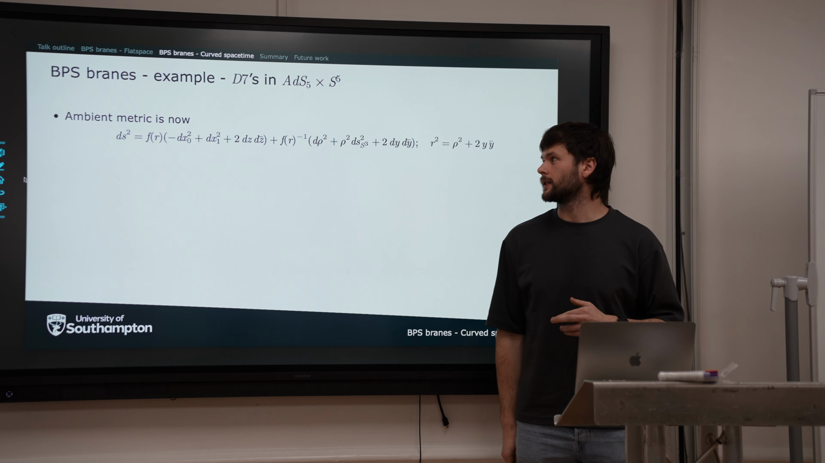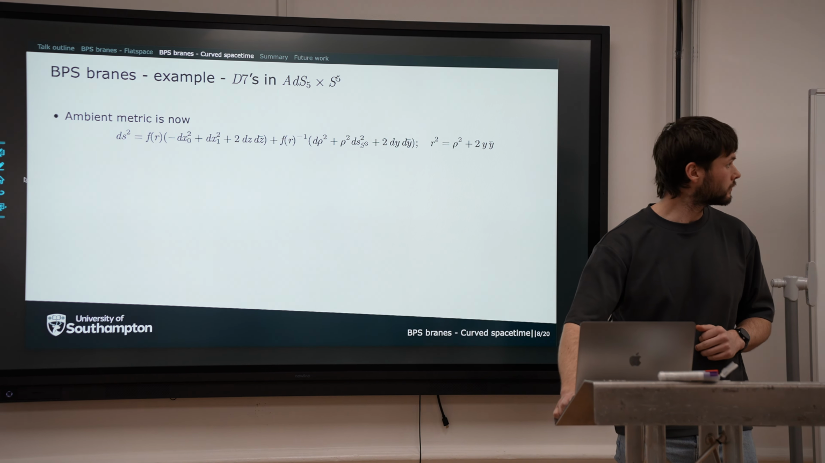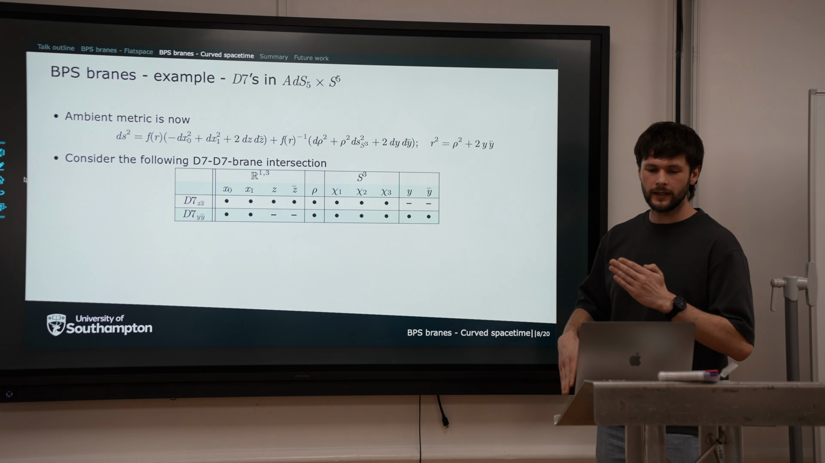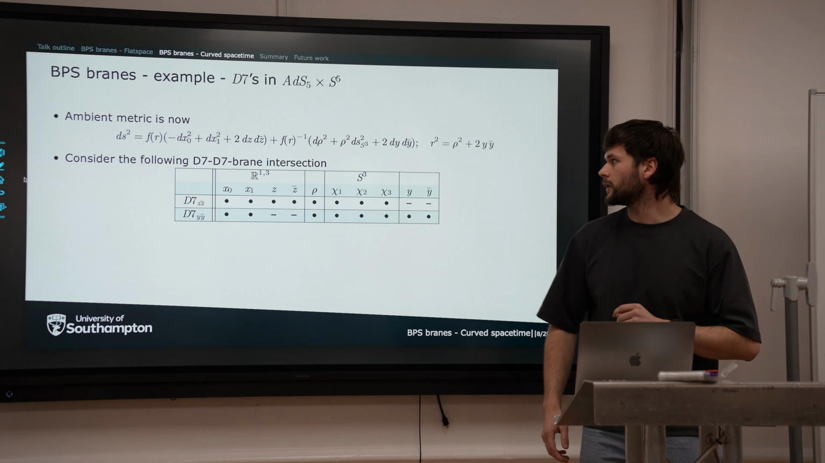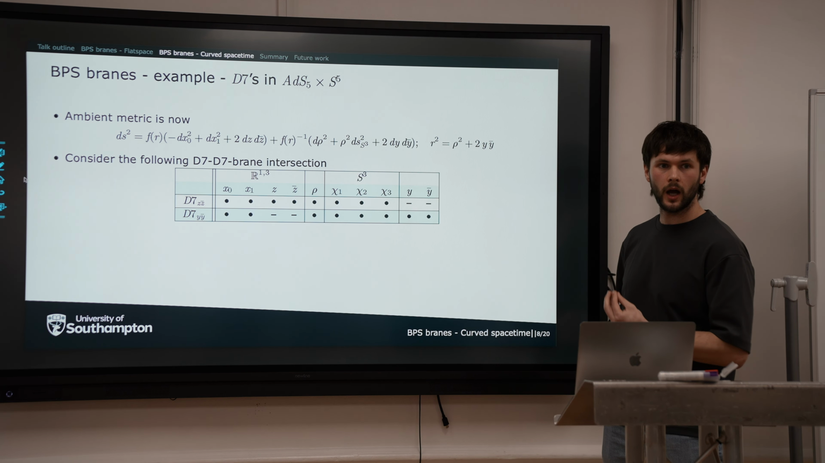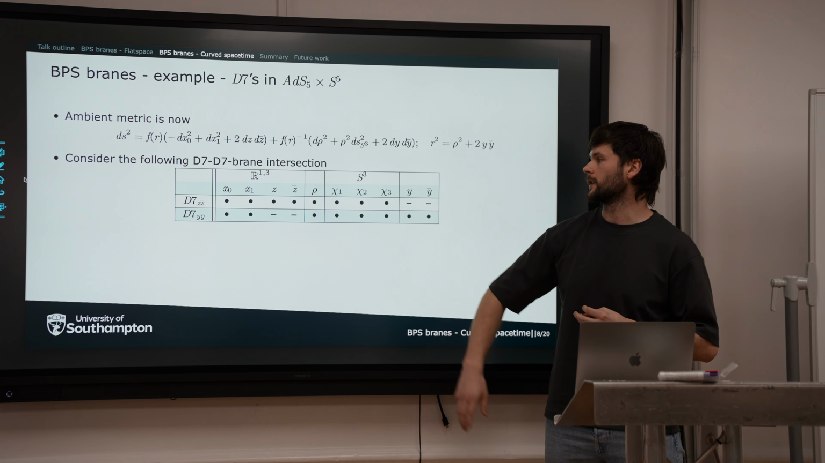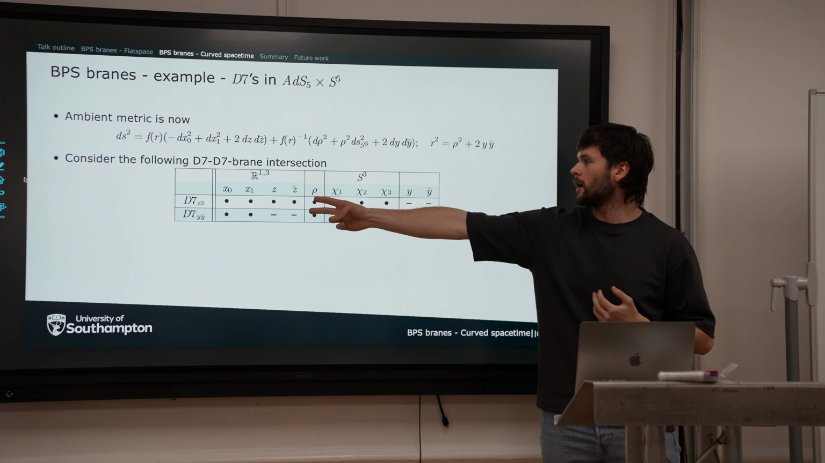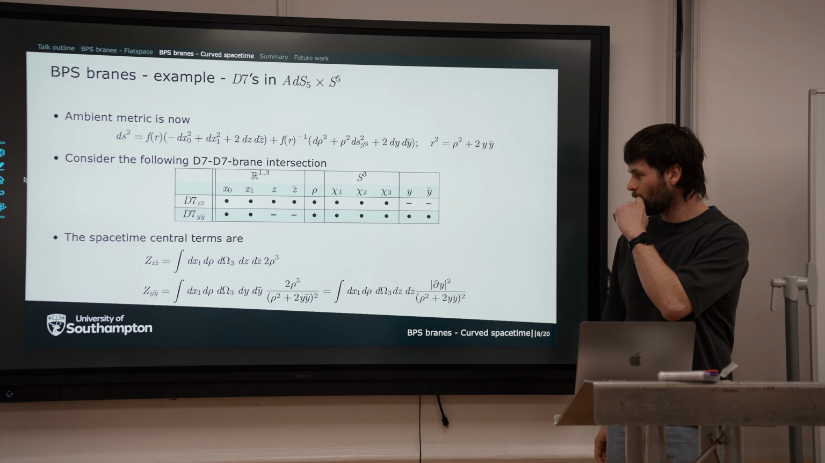So written in this coordinate system, the ambient metric reads as follows. Now consider inserting two D7 branes into this background along the following directions. And using the formula that I gave two slides ago of the curved space central term that is introduced to the world-volume supertranslation algebra, we should guess that these two branes will induce the following spacetime central charges, or central